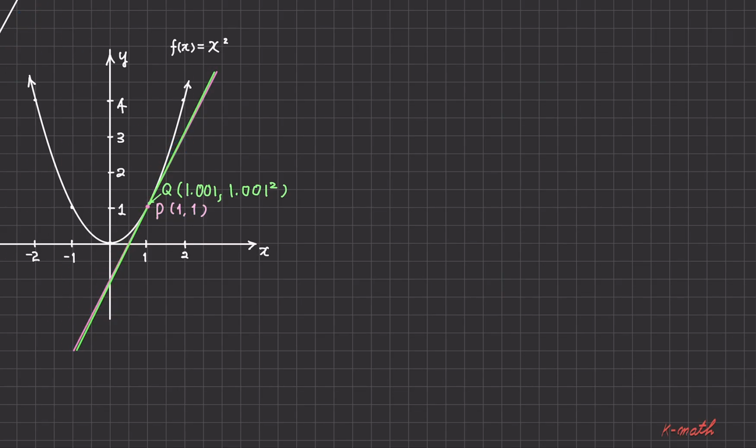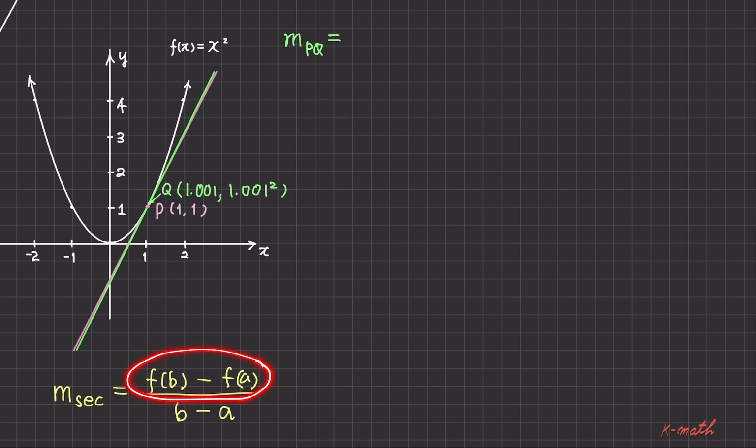Let's remember the formula for the slope of the secant line, which is f of b minus f of a over b minus a. The slope of the green secant line, let's say slope of PQ, is f of b minus f of a, which is f of 1.001 minus f of 1 over b minus a, that's